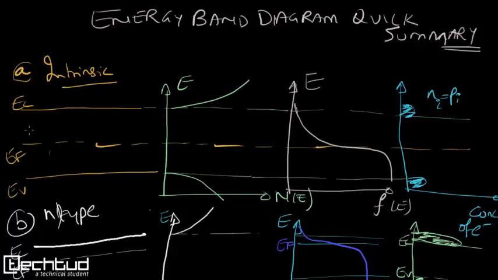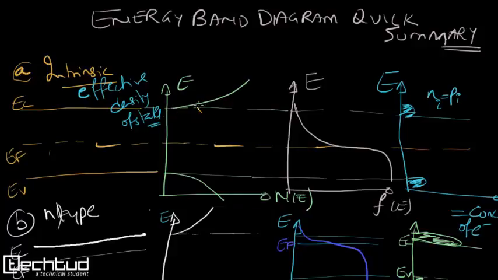Here we can see the energies on the y-axis, and these are the energy density of states. This is the Fermi-Dirac distribution function, and this is the concentration of electrons. This is the conduction band, this is the valence band, this is the EF. What this is showing is the effective density of states. Here we are seeing the edge of the conduction band, the edge of the valence band, and the Fermi level. Here we are seeing the density of states.